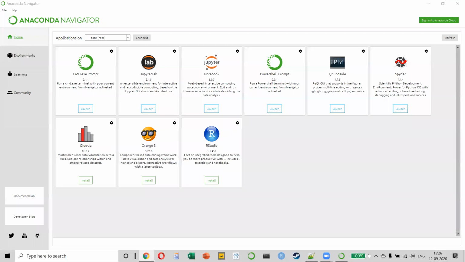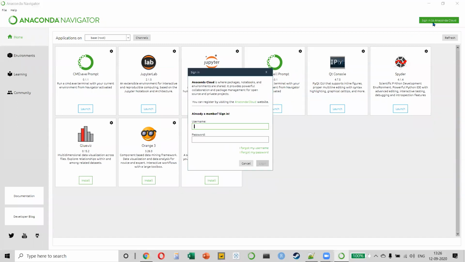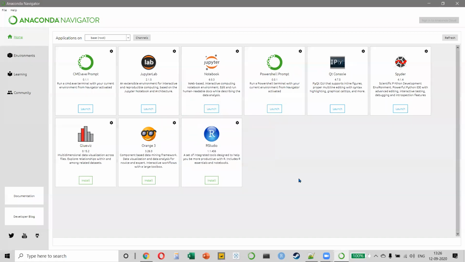When you open it, it looks like this, right? Why am I not signed in? Just give me a moment. Anyway, doesn't matter. We can sign in later. So if you notice here, we have Jupyter, and then you also have different types of extensions available, right? You don't need to bother with all of these things. I'm just going to focus on Jupyter here.